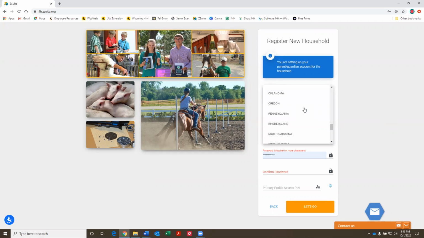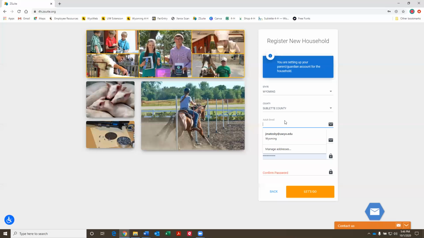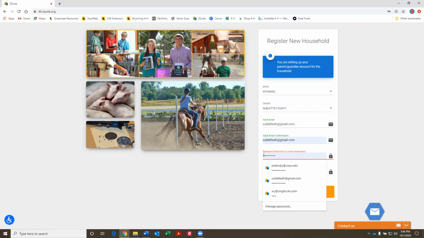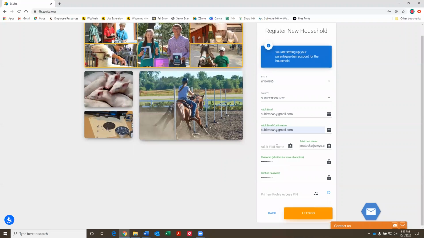and go down to our state, Wyoming, Sublette County, have an adult email. This will be your primary email that you'll sign in and out with. And a password. Confirm your password. Click let's go. And this is a little weird, but it will pop up that you have to put in